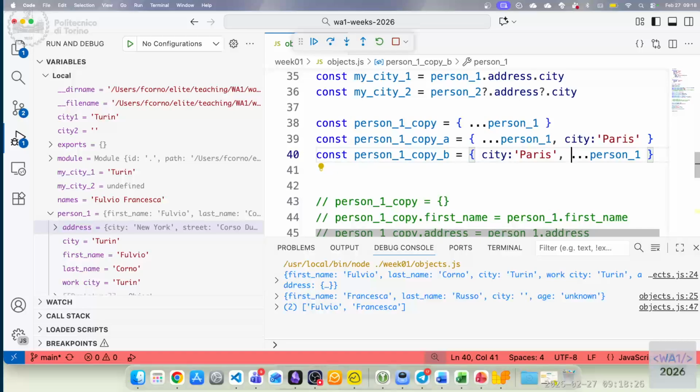So once I'm creating a new object, I can mix explicit properties and properties taken from other objects,